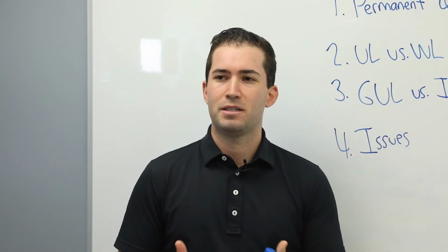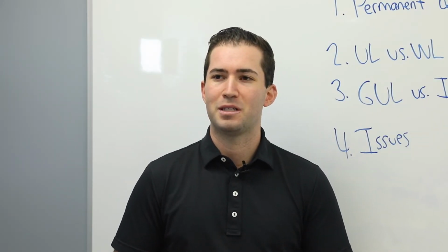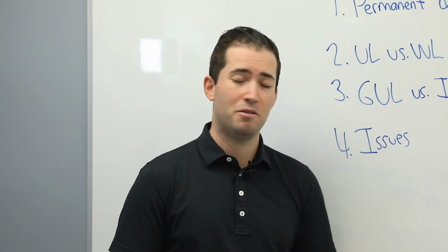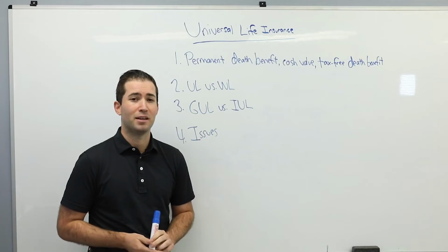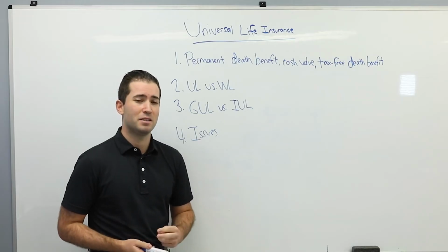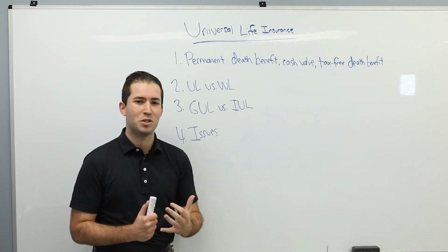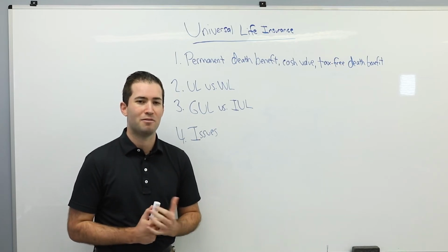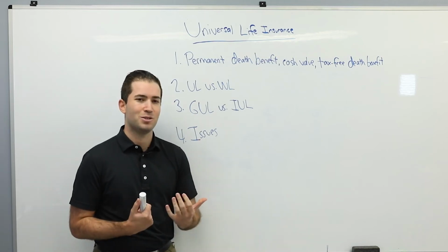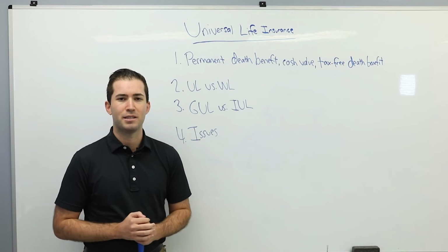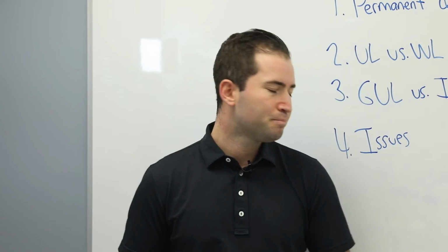Indexed universal life is a type of universal life insurance policy that has a cash value component that is credited based on equity performance. However, in all of the IUL policies that we have analyzed, between the fees, the expenses, and the commissions, those eat into that supposed equity performance, and oftentimes the IUL policies are sold and not bought, and generally do not have a place in your financial plan.